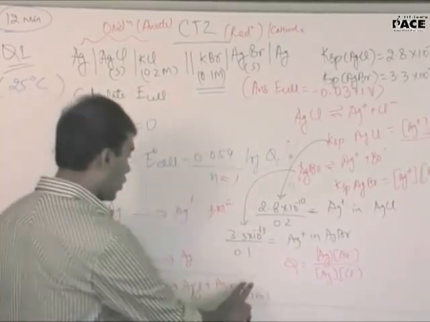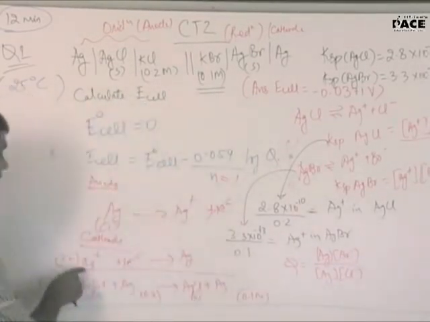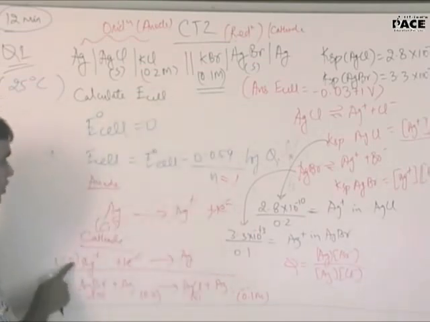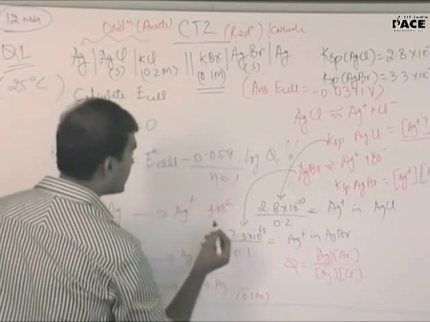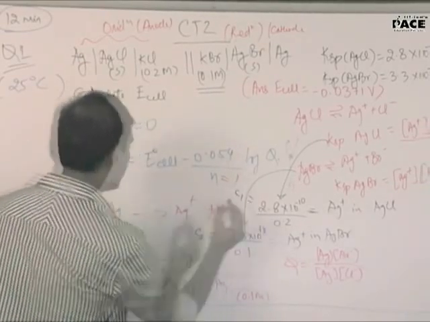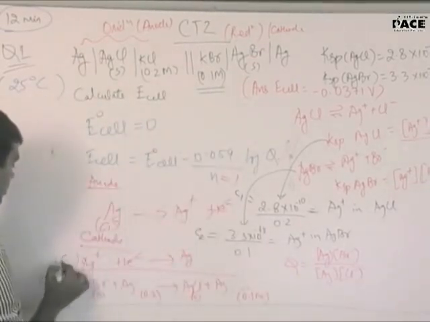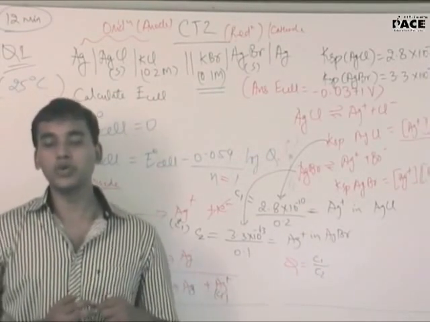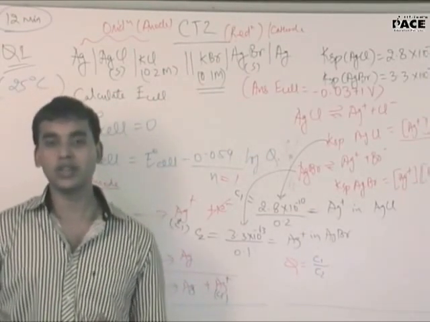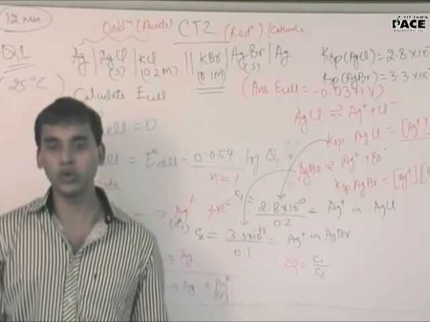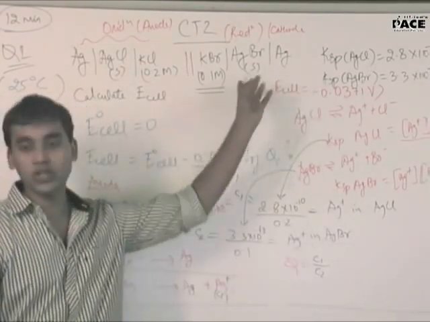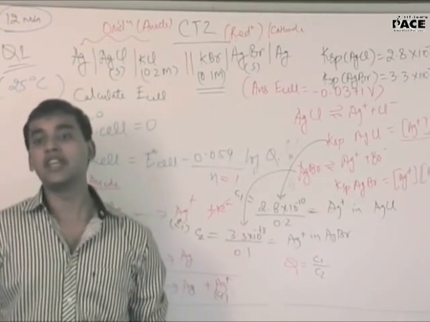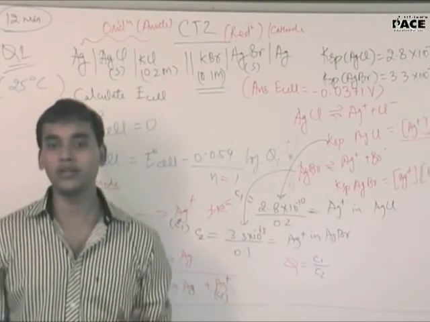So now there is no need for all these things. What is this? At the cathode, cathode is from Br. So if I say this is C2 and I say this is C1, so this is nothing but C2 and this is nothing but C1. So this is how you are going to deal with questions in which the source, which is going to donate ions or which is going to act as a source of reduction or oxidation, is derived from a source which is a precipitate. Getting my point?